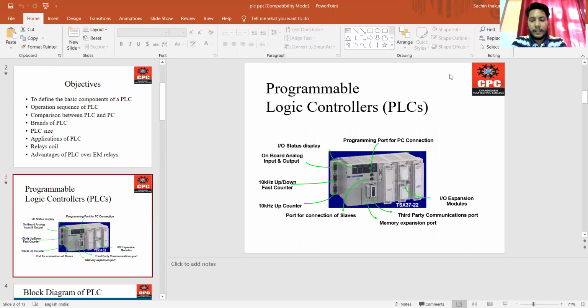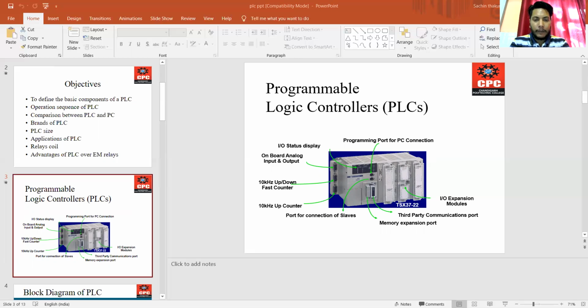First of all, what is PLC? The PLC is the programmable logic controller, a digital computer used for the automation of electromechanical processes such as control of machinery on factory assembly lines, amusement rides, or lighting fixtures.